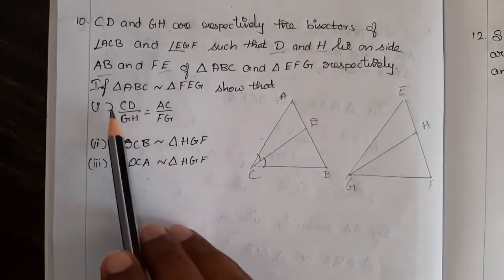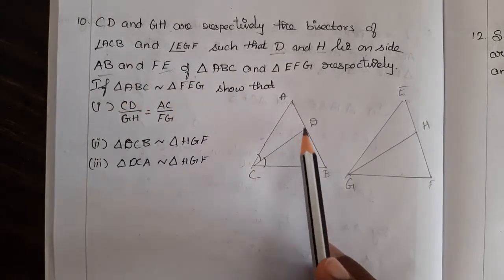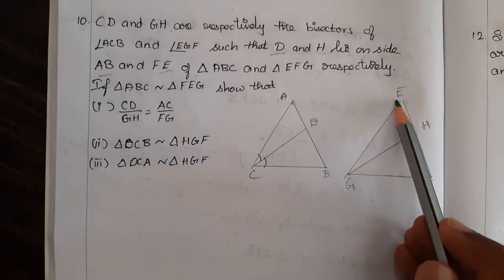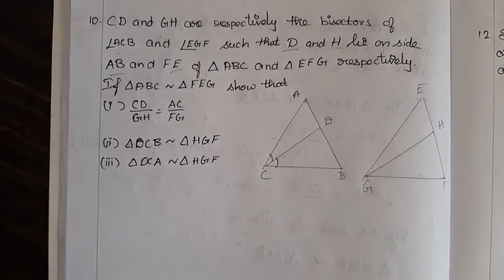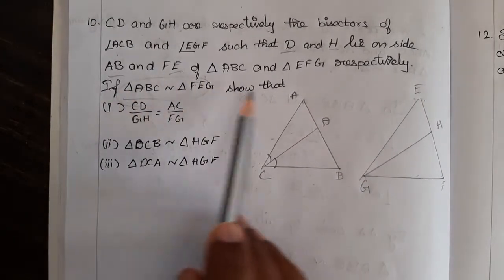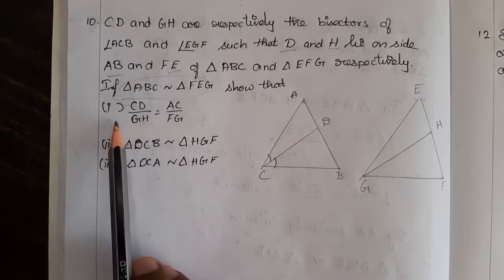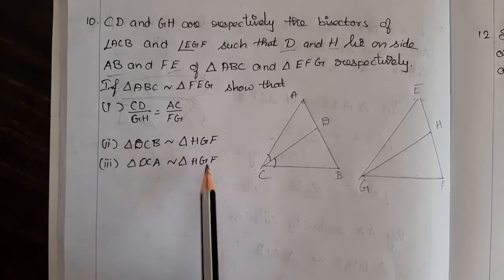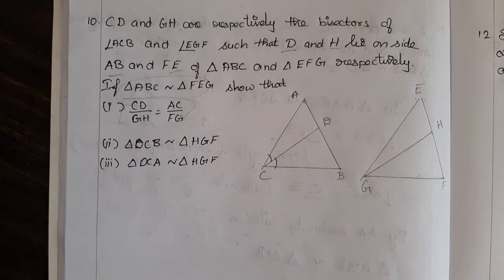two triangles. Triangle ABC is similar to triangle FEG. That means the angles are equal and the sides are in proportion. So it is a given condition. We have to show that CD by GH is equal to AC by FG. So we don't go to that first. First we will prove the triangles are similar. If we prove they are similar, then it's easy to say the sides are in